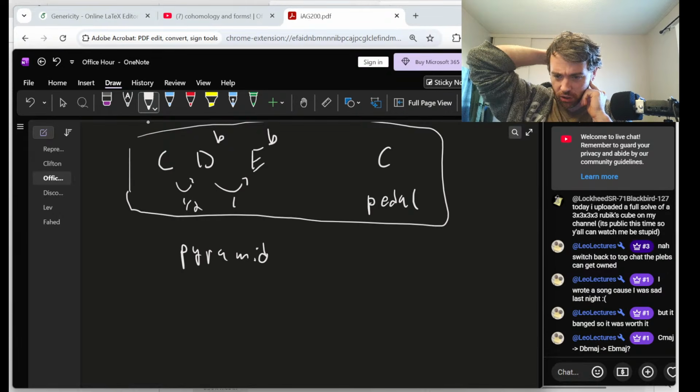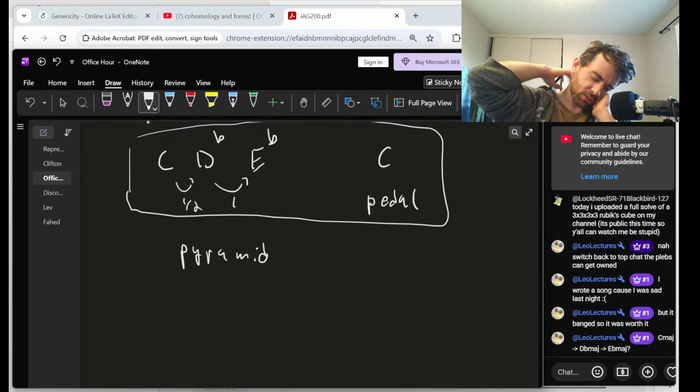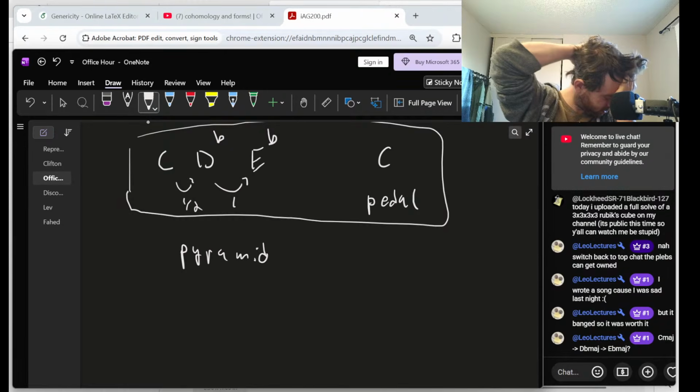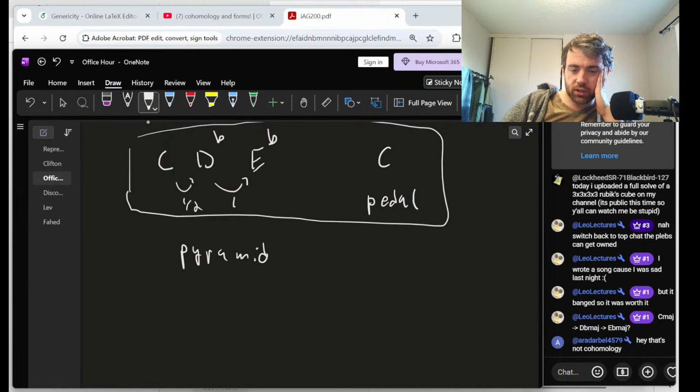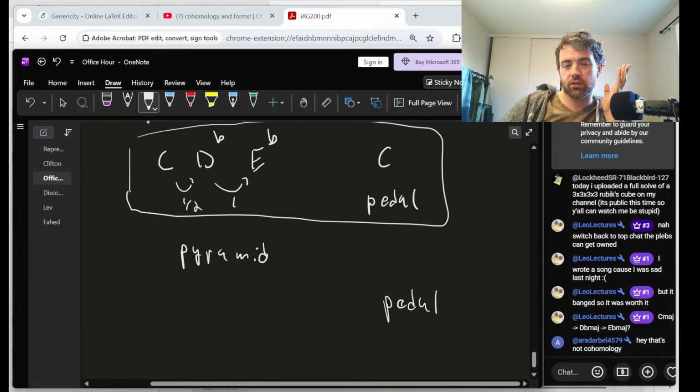Yes, I think it's all major. Wait, is it E flat minor maybe? Sorry, yeah, it's all major. I think it's all major movements. But yeah, a similar kind of movement happens in Pyramid Song. A similar sort of thing happens in One Battle After Another, where there's a pedal,